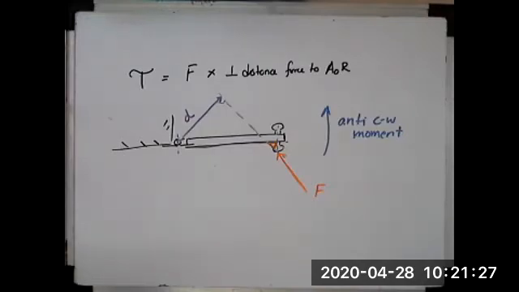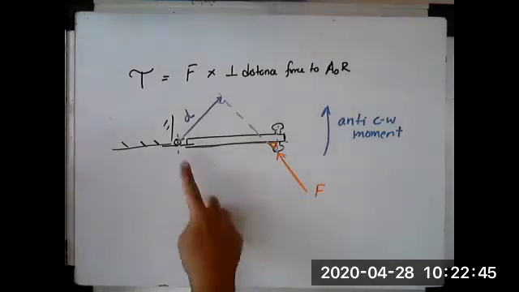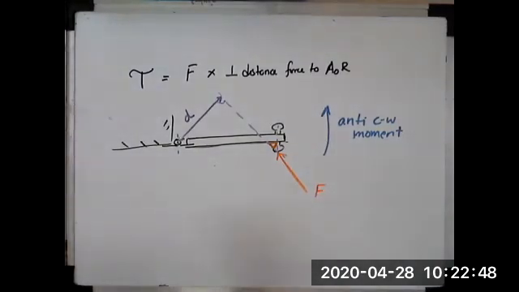How to resolve this force? Just to repeat myself, we showed one way in which we can find out what exactly is the torque on this system if the force does not act at right angles to the plane of the door. But what if we are pushing it at an angle? How can we find out?